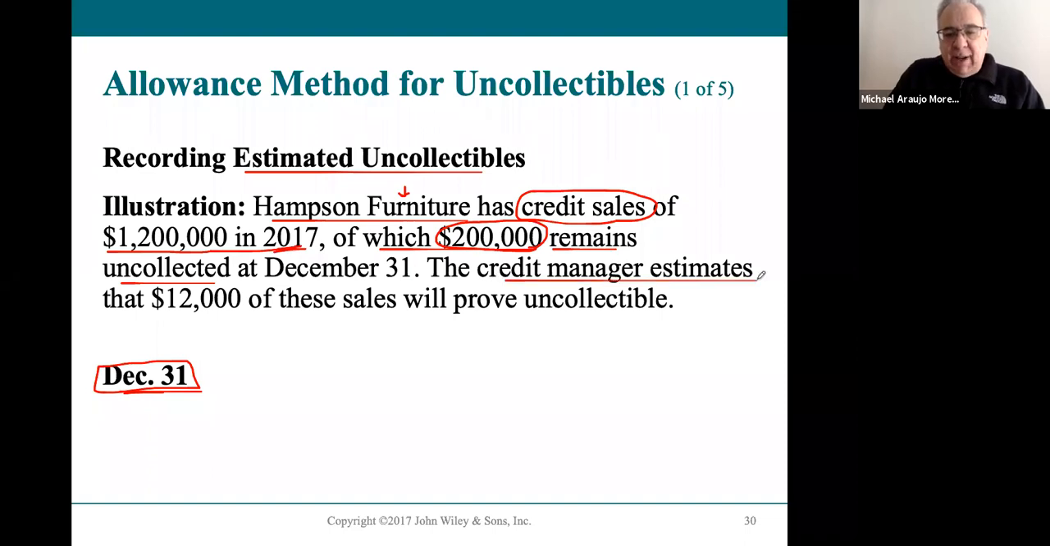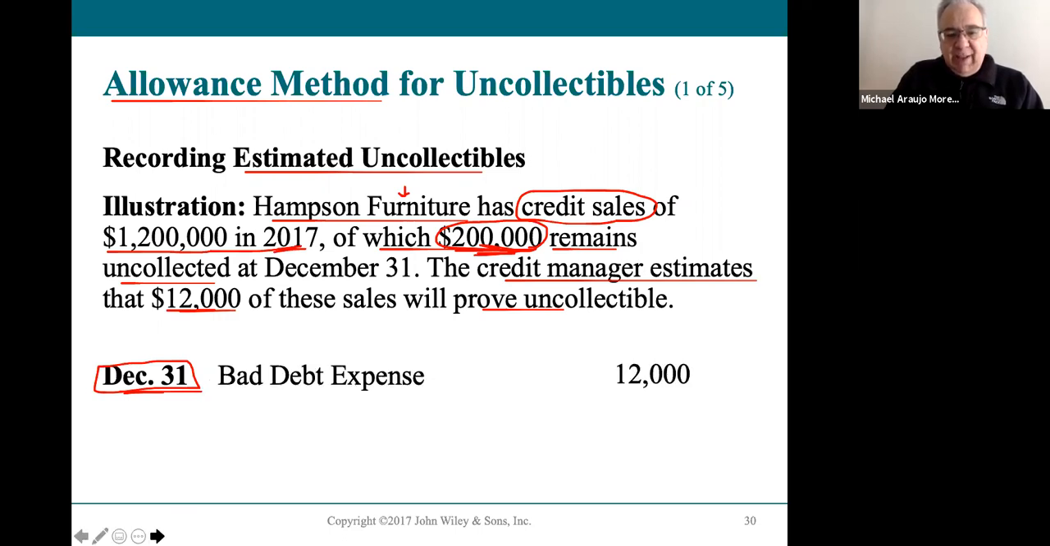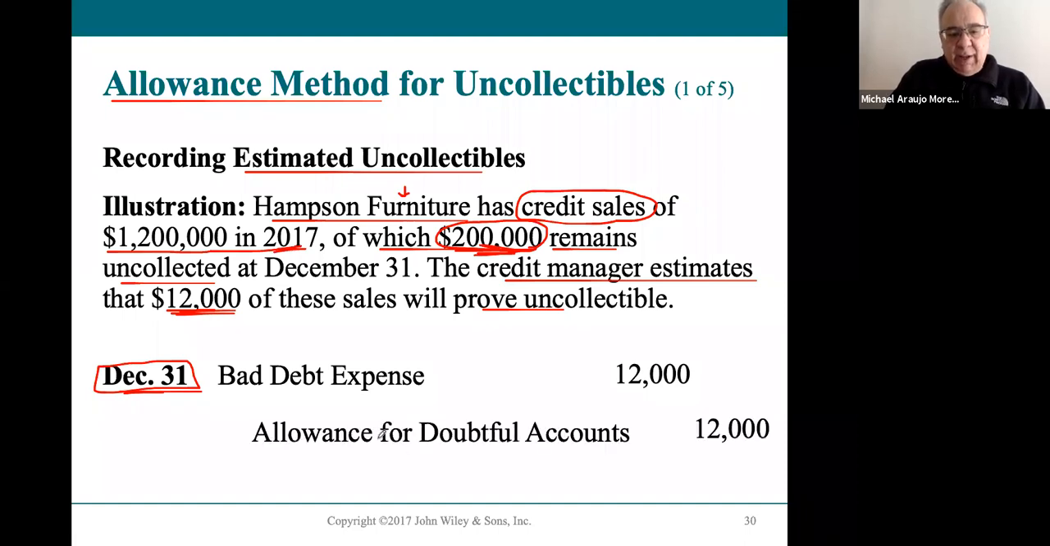The credit manager has estimated that 12,000 of the 200,000 in receivable will prove to be uncollectible. So it's the end of the year. They are a corporation. They are using the allowance method. This is what they're going to do. They're going to debit their bad debt expense by the amount that they've estimated is not collectible. And then they're going to move that money with a credit into the allowance account, the allowance for doubtful accounts,